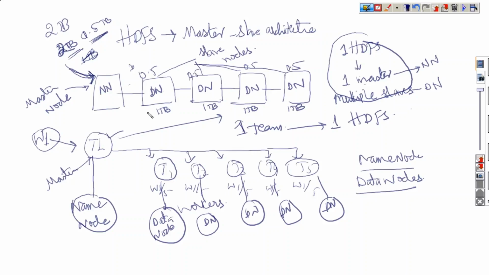That is possible. Understood. Okay, so not just one file, we can load any number of files into HDFS as long as the capacity supports. As long as there is space in it, we can load as much as we want. It need not be only one file. Okay. Got it? It takes as much as it needs, and the remaining space stays free. That can be used for other data. That can be done. Understood? Very simple. Clear.